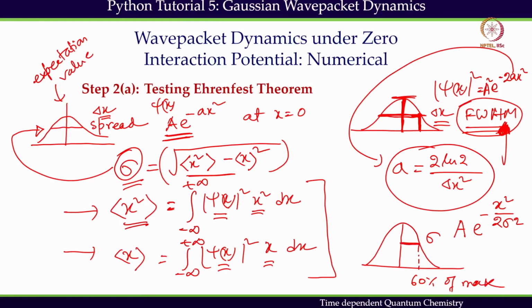We are not taking the full width here, this is the half width at about 60% of the maximum. So, maximum is here, 60% of the maximum is here. So, full width half max is somewhere here. So, this is delta x. So, this is the difference,